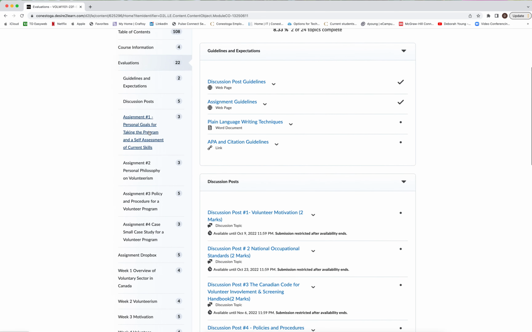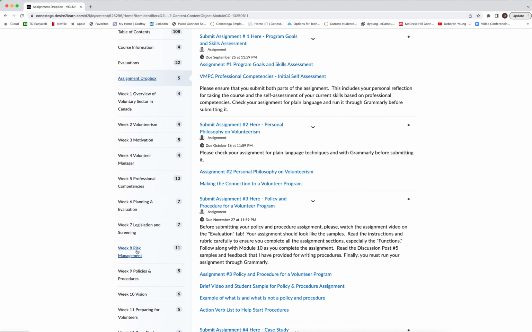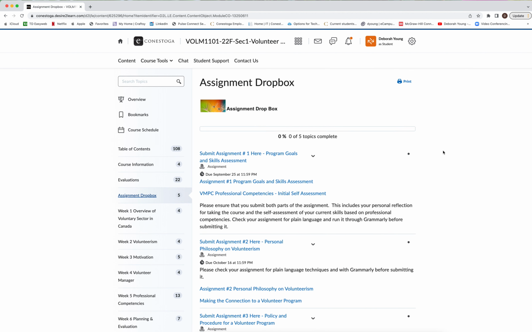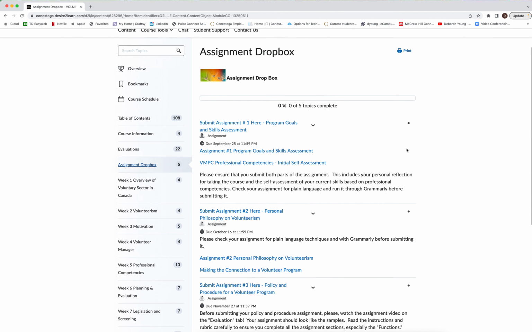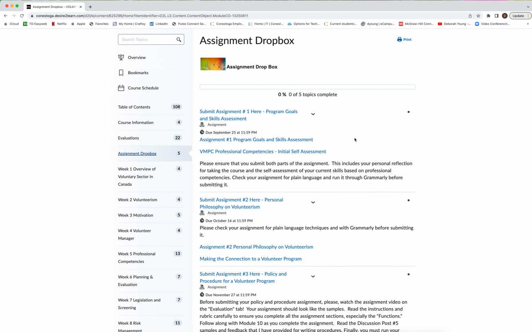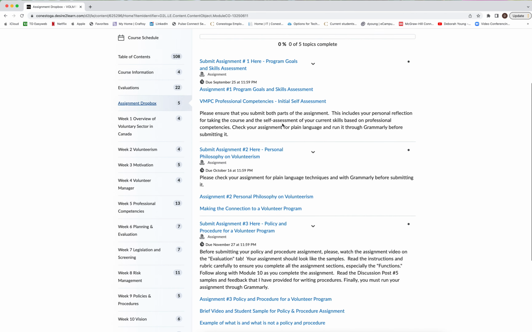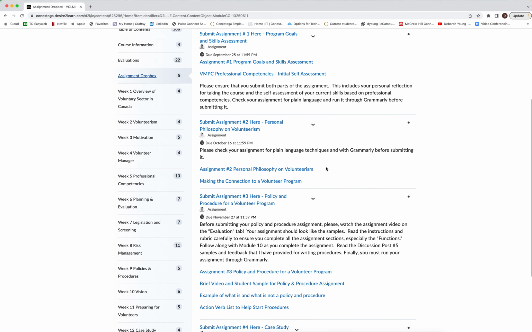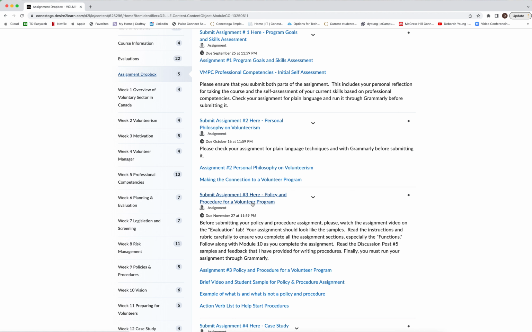You can see we've just gone through course information, all the evaluations. There is a Dropbox. If you would like to use the Dropbox, this is where you can access the assignments again. So in the Dropbox section, we have all of the files, and we've actually included a few notes and reminders to students. To load an assignment,